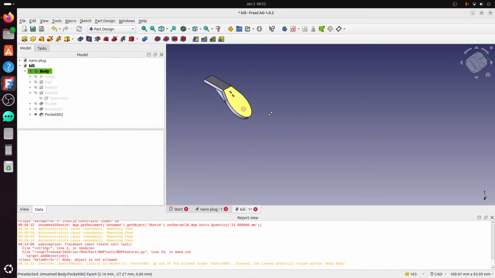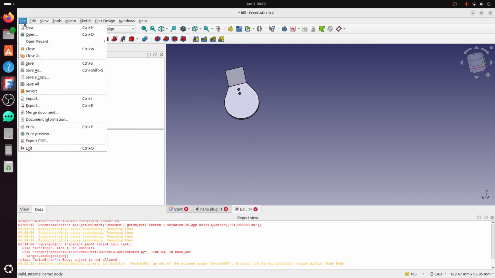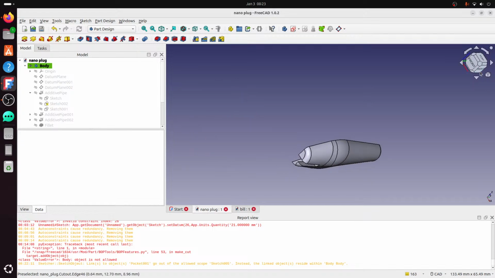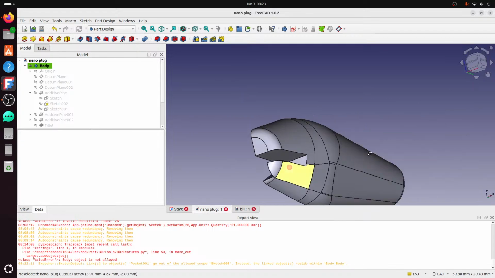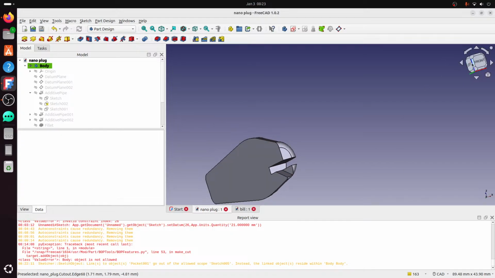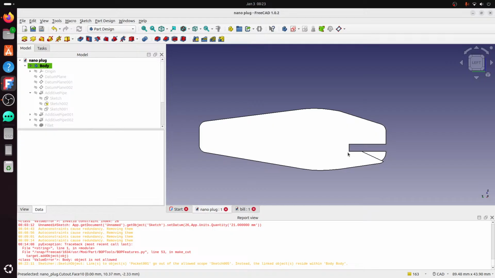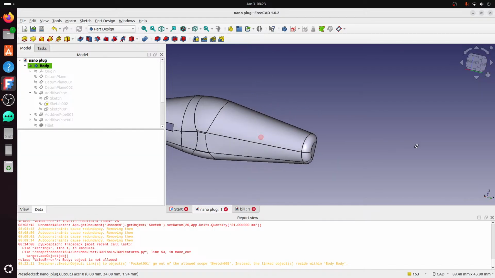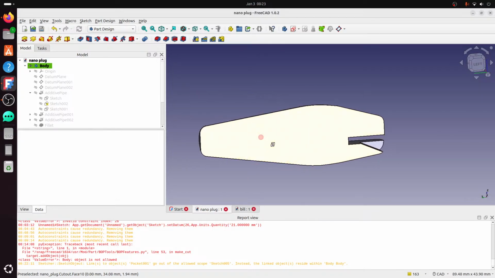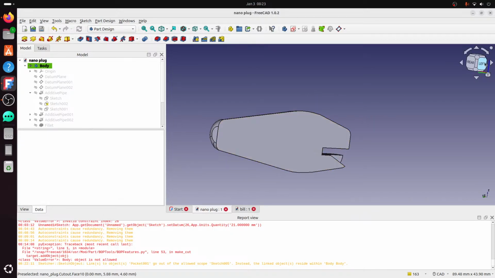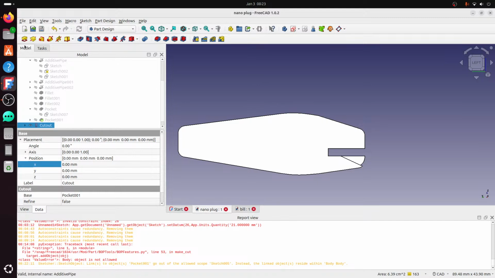File, save. Go back to our nano plug. We are going to have to print with support, which I typically don't do, but whatevs. And now I need to go ahead and